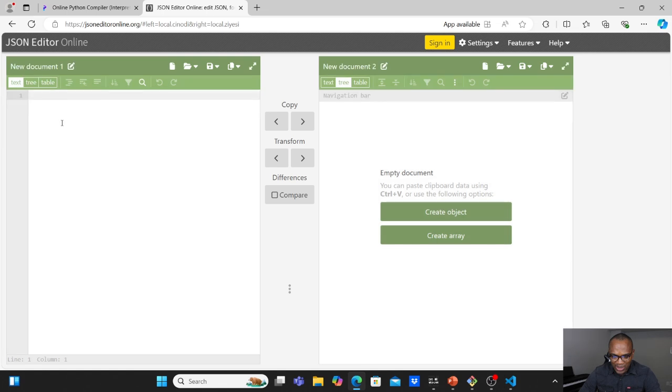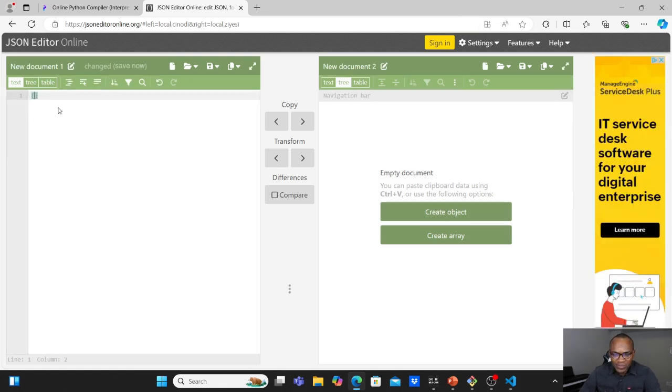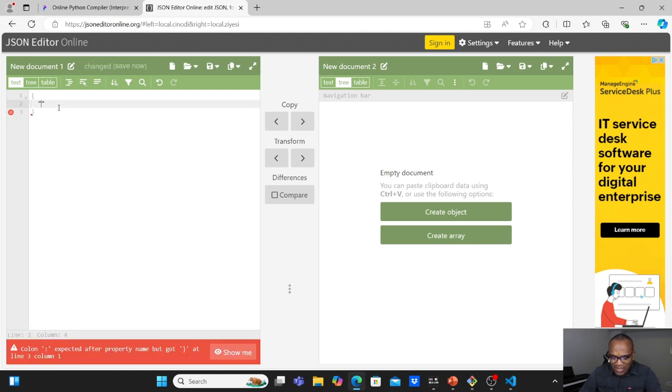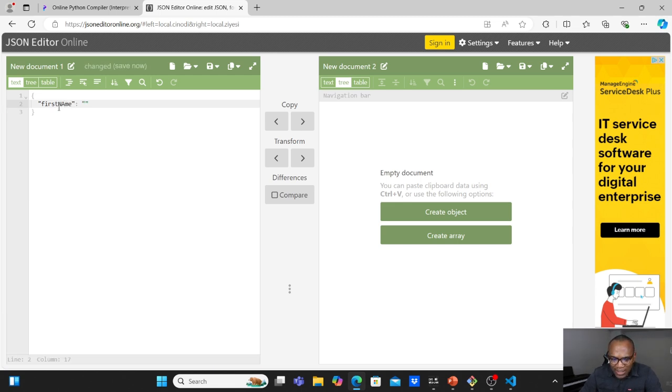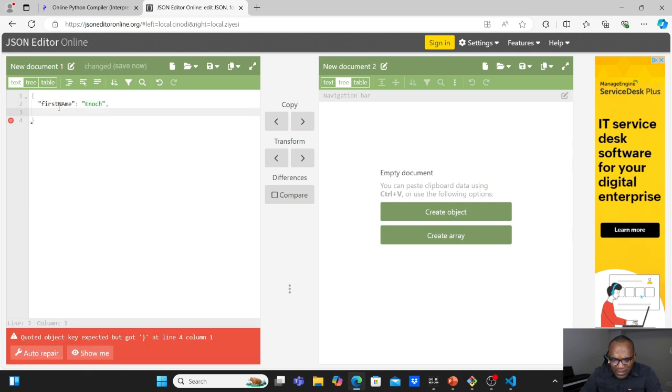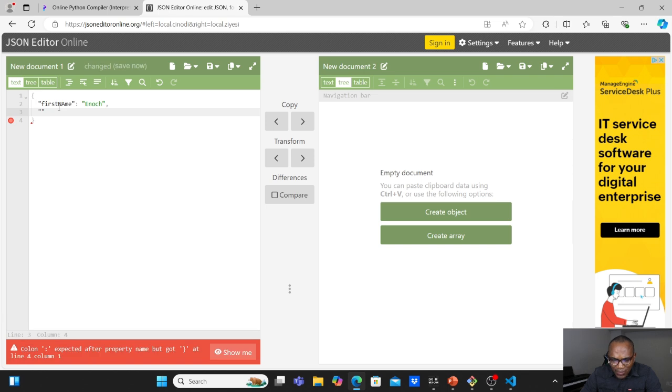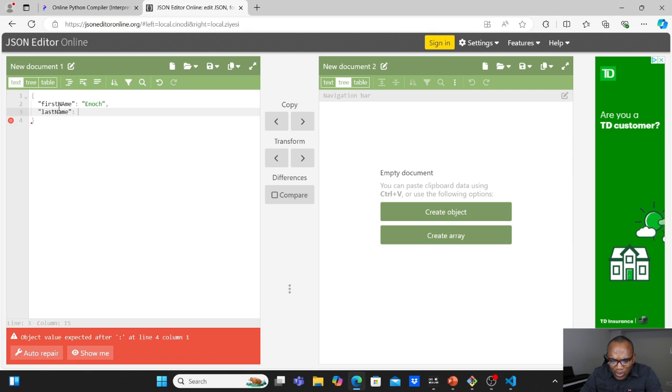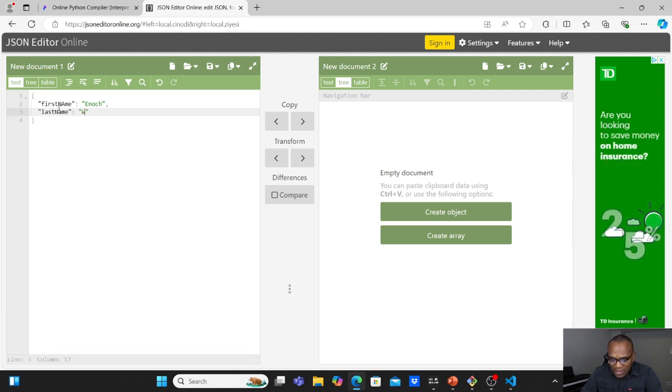All right. So this is a JSON editor. So we can create a JSON file here. So it's in curly brackets. So just open your curly bracket like that, and we can start creating the JSON file. I can say first name, and give it a value Enoch. Then you put a comma. Then you go to your next line. You can say last name. Put your colon, then last name Wolf,